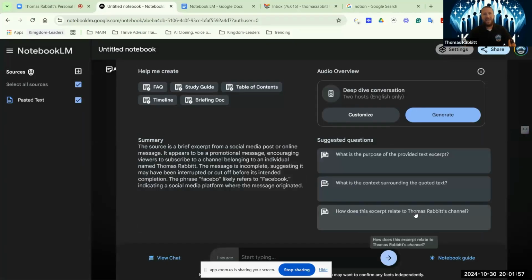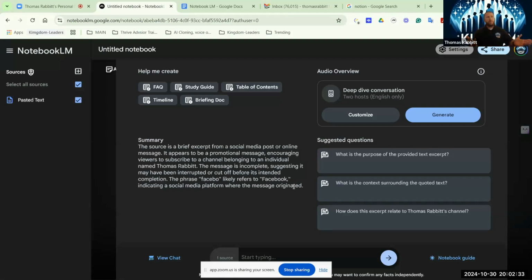So as I'm going throughout my day, I can add in ideas and concepts. I can add in tasks that I maybe forgot, right? Hope I don't forget a bunch of those. But you can do a lot with this. Right away, it comes up as help me create, summary, and we're going to go over those things. But I want you guys to think of things that you're doing in your daily life right now. If you have a department, you have to create an onboarding document. This is invaluable. Later on, we're going to show just how quickly you can share this, right? And you got multiple people contributing to it.